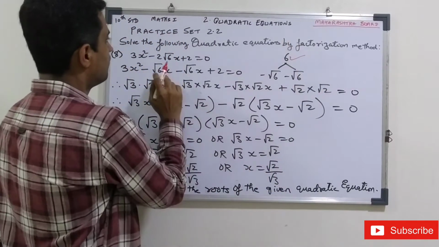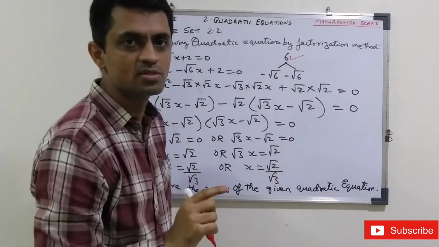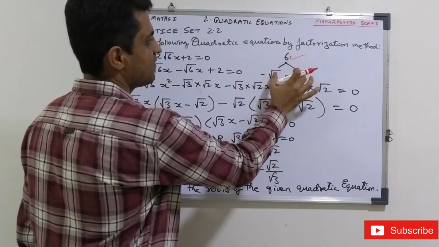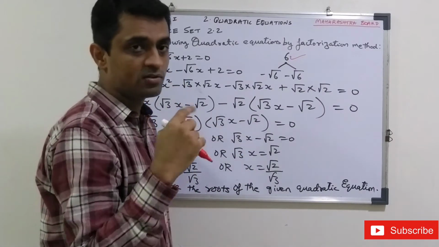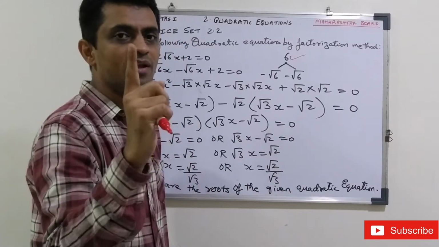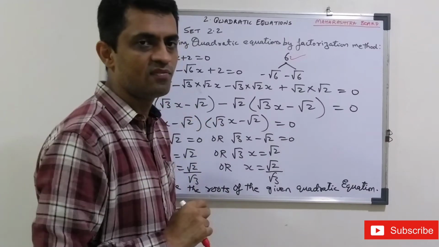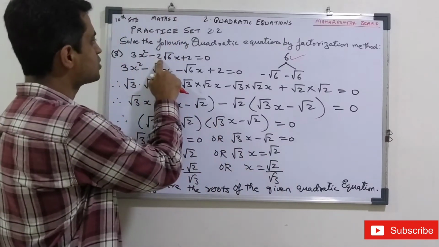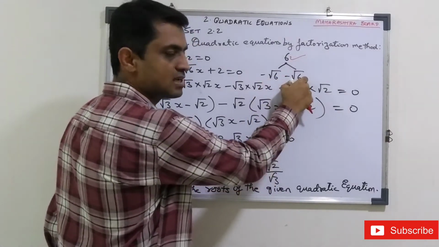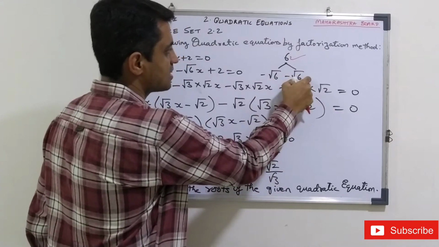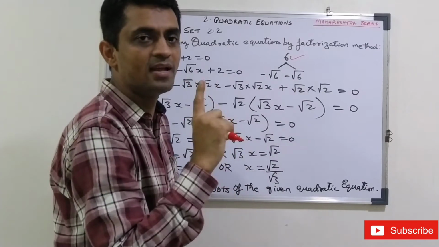Now we want minus 2 root 6. How do we get it? We have to find such factors that you get minus 2 root 6. Now 3 2s are 6 is there, but 3 plus 2 will give you 5. 6 1s are 6, but 6 plus 1 will also give you 5. We want minus 2 root 6. So what will we do? We will write root 6 and root 6, because we want minus. So minus root 6 will be minus 2 root 6.